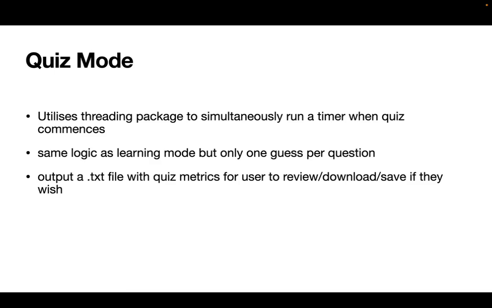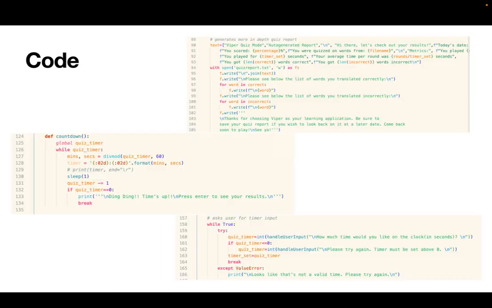Quiz mode uses the same logic as learning mode, but you only get one guess per question. It outputs the text file, like I mentioned, and it utilizes threading, which allows the timer to run in the background when the quiz starts. So let's just take a look at the code snippets. So in that top image, in